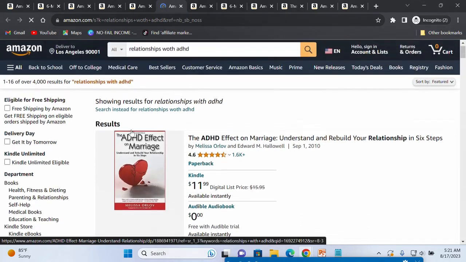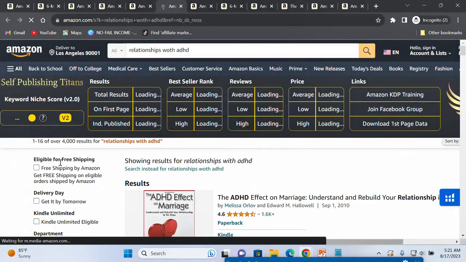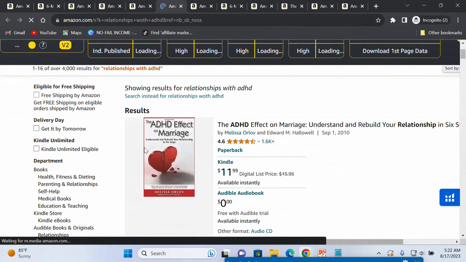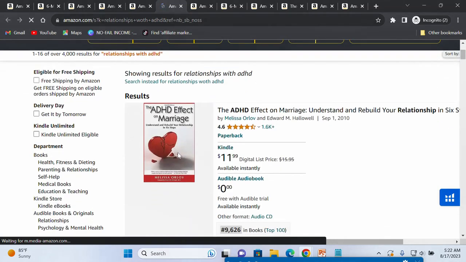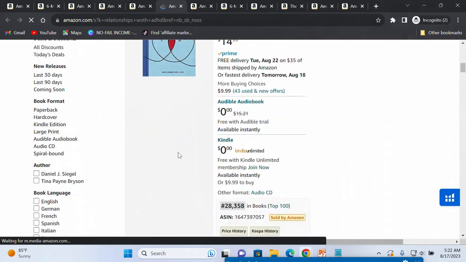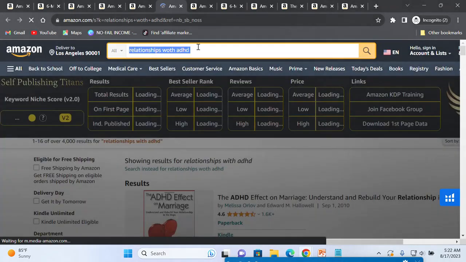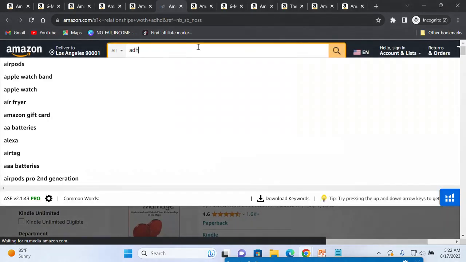So now we have 4,000 results for this. So it is highly competitive. Now let's check if we can niche down on this, ADHD effect on marriage. You see, this is another book, ADHD. Okay, so now let's check for this particular keyword, ADHD,